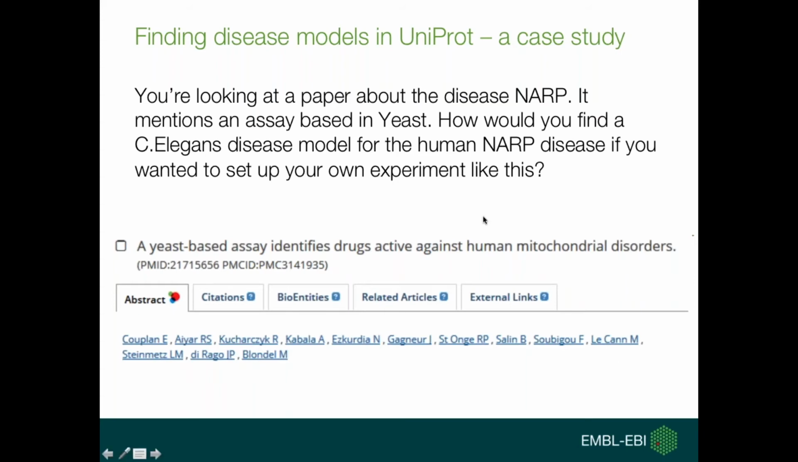So you're looking at a paper about the disease NARP. You don't have to read the paper yet, so I'll give you a quick introduction. This is about the disease NARP, N-A-R-P, that's the acronym, and it mentions an assay they developed based in yeast. So they used a yeast disease model for the human protein that is involved in this disease. And let's say that you wanted to find a model for this disease in C. elegans instead of yeast, so that you could also do an experiment similar to the one that you're reading about